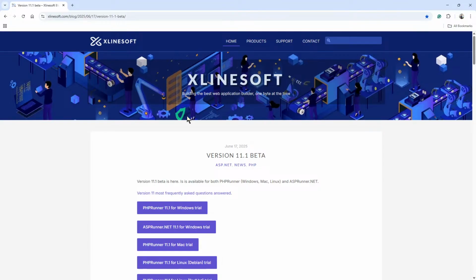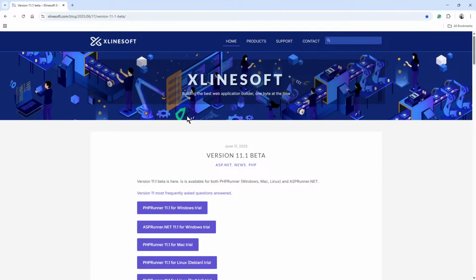bootstrap templates or use a different bootstrap template in the project? Now, that is not an easy thing to do. At least I never tried this. I tried once and I gave up fast, and I decided that the current bootstrap templates that we have in the software are good enough, and they've been working for me for quite a while. But I'm sure these things will come slowly as time progresses and as PHPRunner gets better and better.